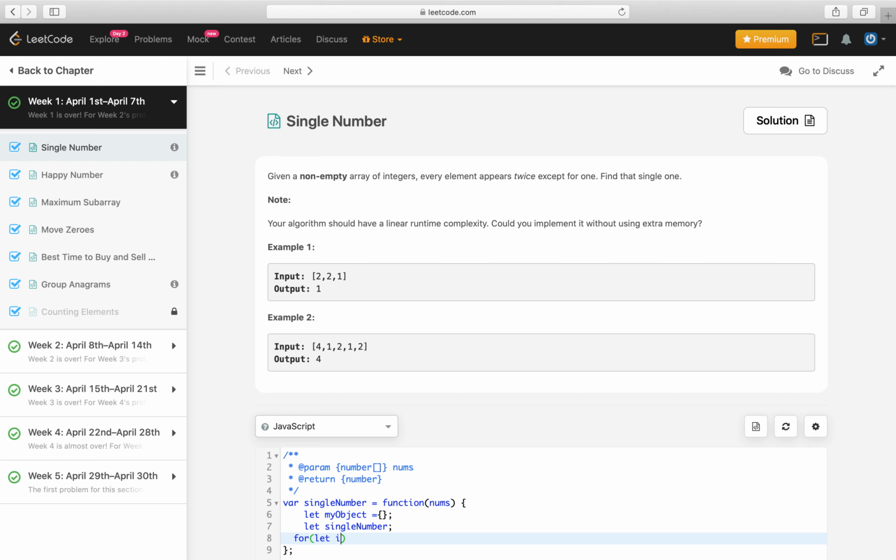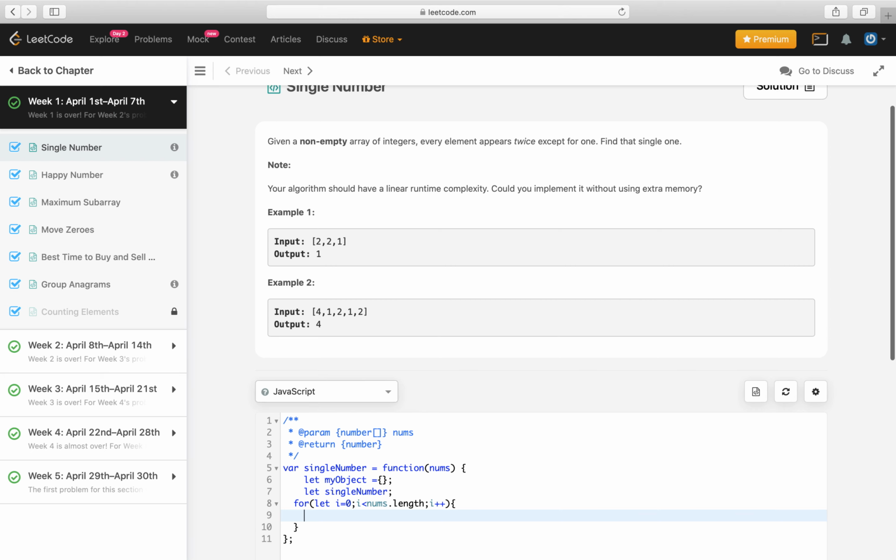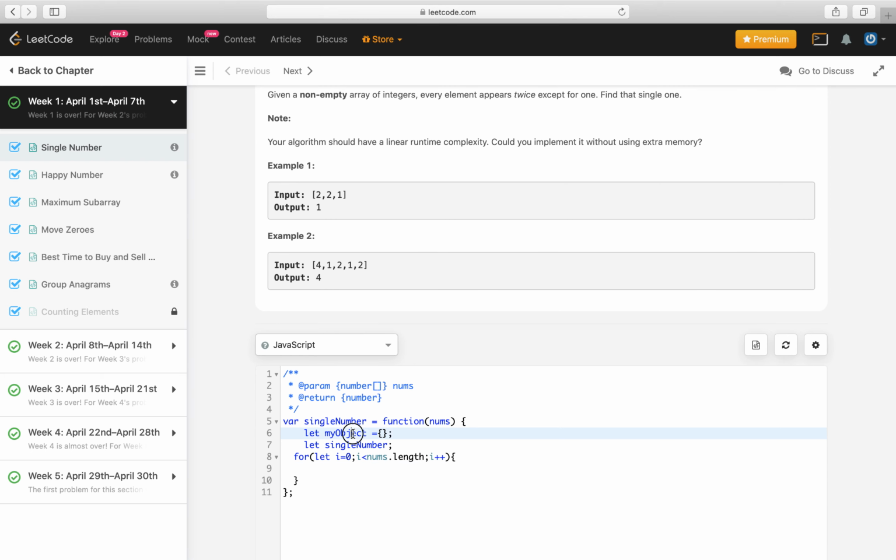Let i equal 0, i less than nums.length, i plus plus. How do we assign a frequency?